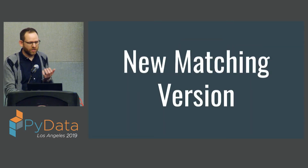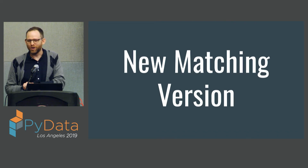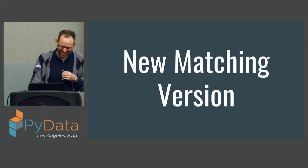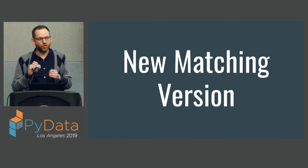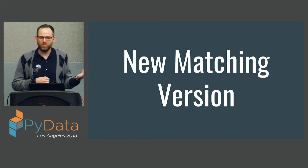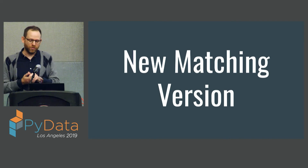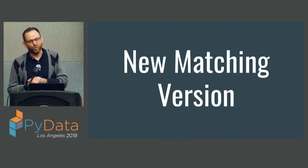And this gets further complicated when our R&D team had also been working hard at developing a new matching version. So they had taken some new research and had tweaked this algorithm for us. And as you can imagine, they have their own implementation of this algorithm, and now we have ours. And they've made changes in their code base, and we have to then translate those changes into this Hadoop implementation. And this actually ended up taking about another 6 months of work for us to do,